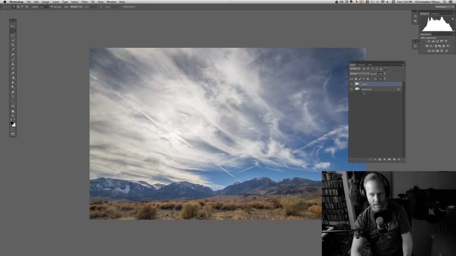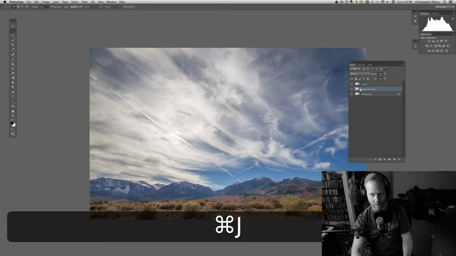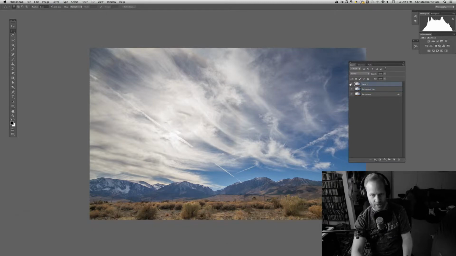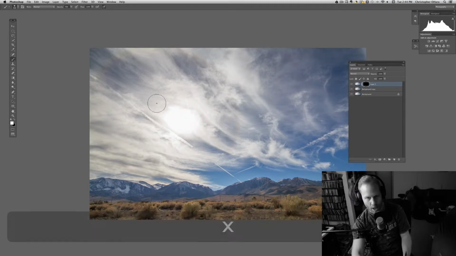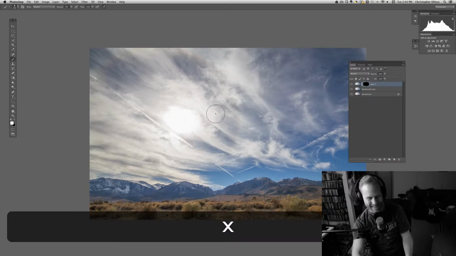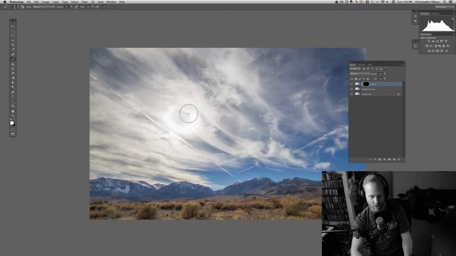Now, I know it's not the perfect thing, so I'm going to make another little background layer. Here's the effect on this layer right here. Again, it's not perfect. That's all right. We're going to fix this. So what I'm going to do is inverse this, all right? Inverse that layer, and then I'm going to brush that in by hitting my brush and making sure that since it's invisible, I'm going to bring it in by using my white brush. And to switch back and forth, use the X key. It's a good keystroke for that. So I'm going to get the white in there and just brush that in. And I usually will have the opacity all the way up,